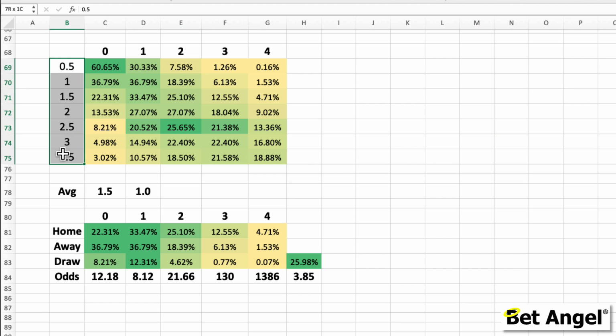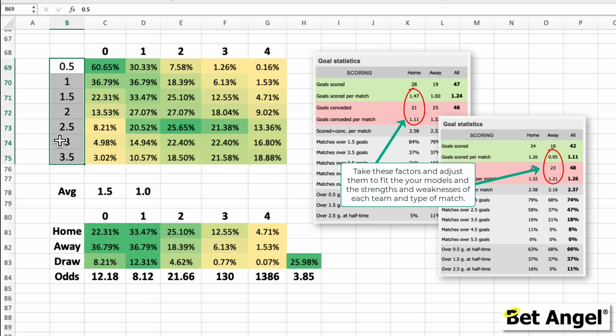Running down the spreadsheet that we see here, this is the average number of goals that you expect your team to score. So on average, are they scoring 1.5 goals per match? Or your expectation is that they will score in this type of match 1.5 goals on average. So where is this data going to come from? Well, we have had a look at this